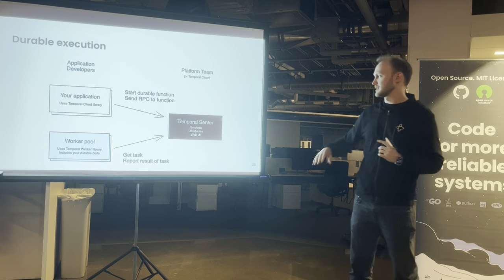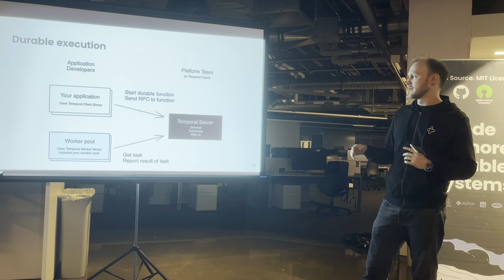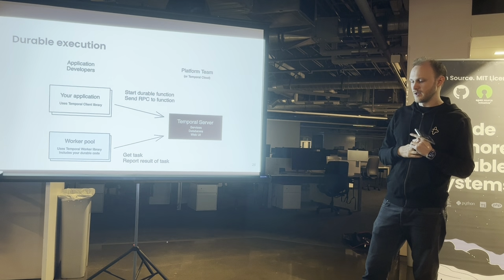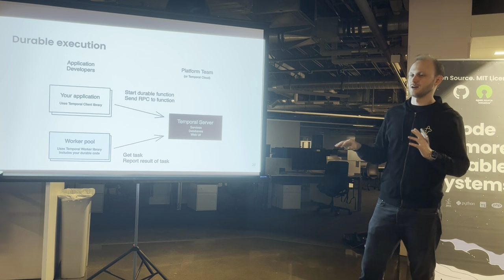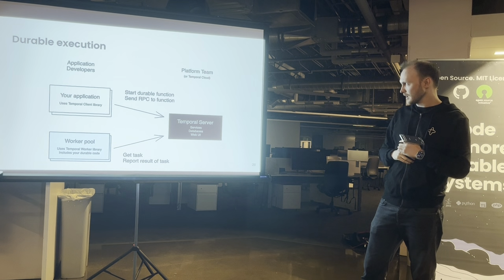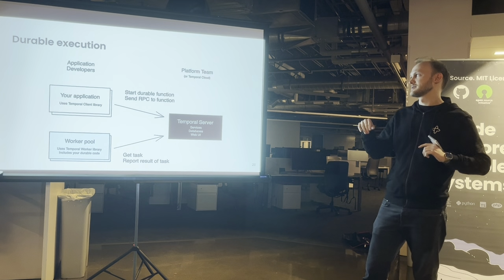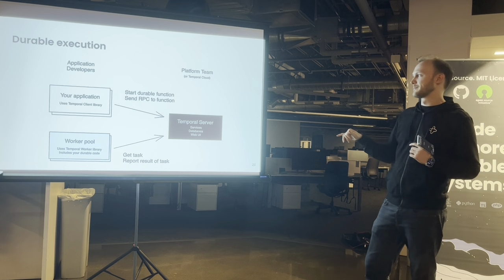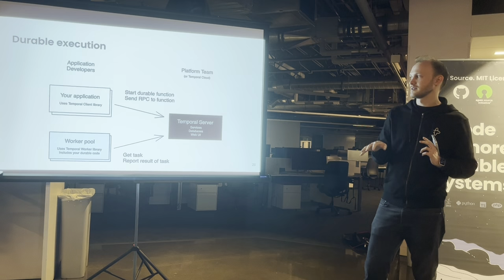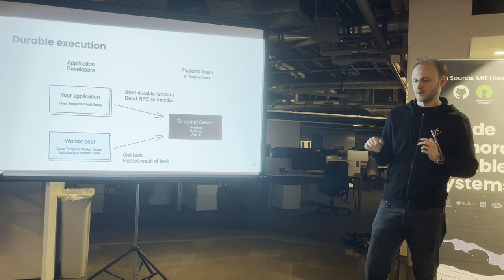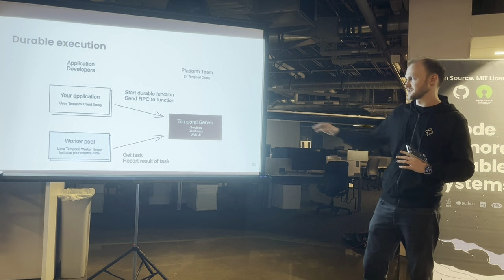And the server is a cluster of services and databases, including Cassandra or SQL, that has the event log. It takes care of the durability part, and it has an event log of everything that happens to this function. So it has the start command and what the arguments were. It has any RPC command and what those arguments were, serialized and saved in the database. And any meaningful thing that the durable function does during its execution is also saved in the event